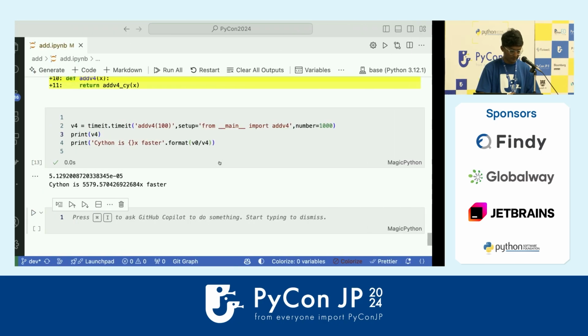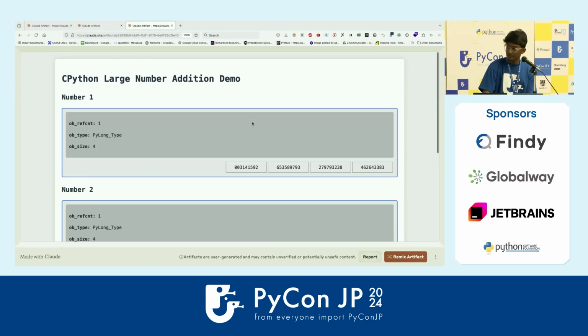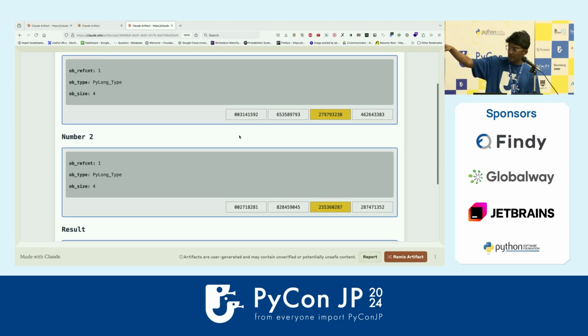And I'll show you this addition in Python. Is it visible? Probably. So this is a very big number in Python. And what I've done is I have broken it into similar sized buckets. Okay? And you can see I'm adding it one by one. And if there is a carry, I'm also adding the carry, but I'm adding it one by one. And that usually happens whenever we are adding two numbers in Python.